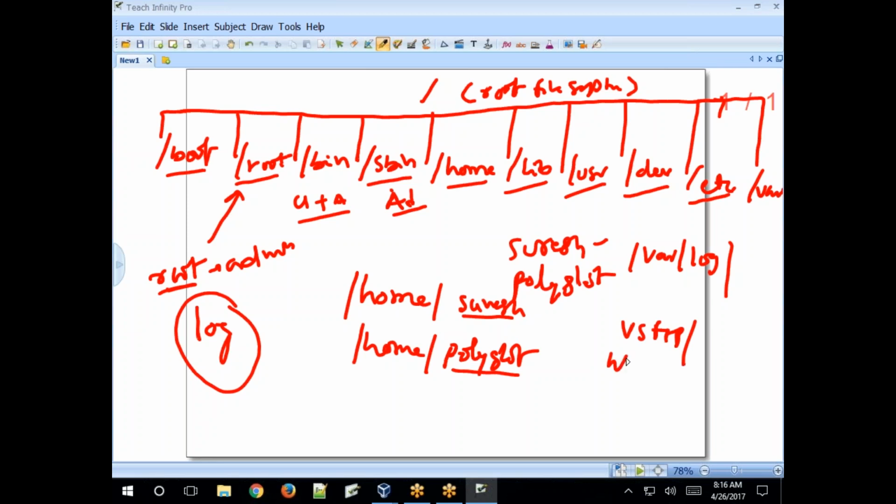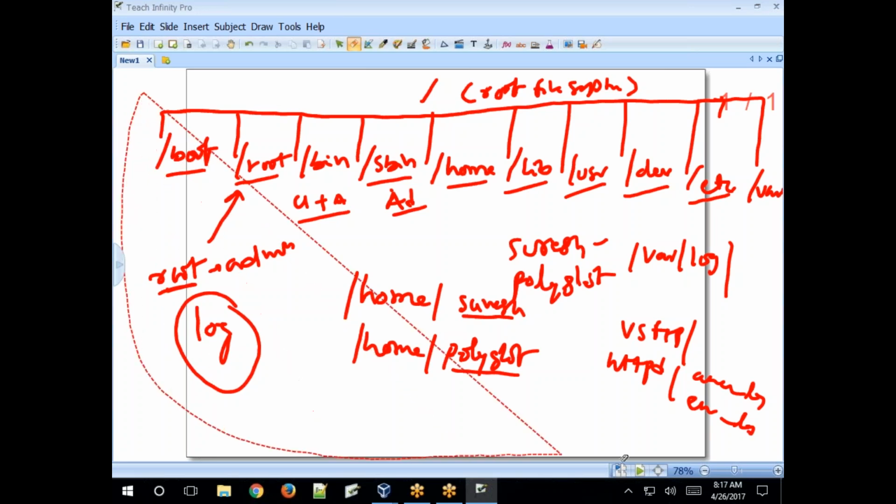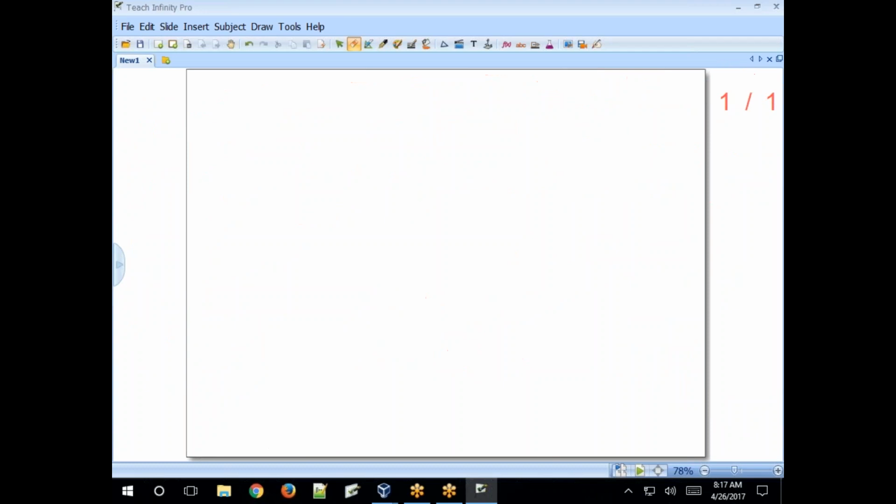For example, for the HTTPD web service, an httpd directory will be created, and access_log and error_log files will be created under it. We can easily track the messages that occurred while running your web server applications. Clear? So this is the structure of the root file system. Clear?